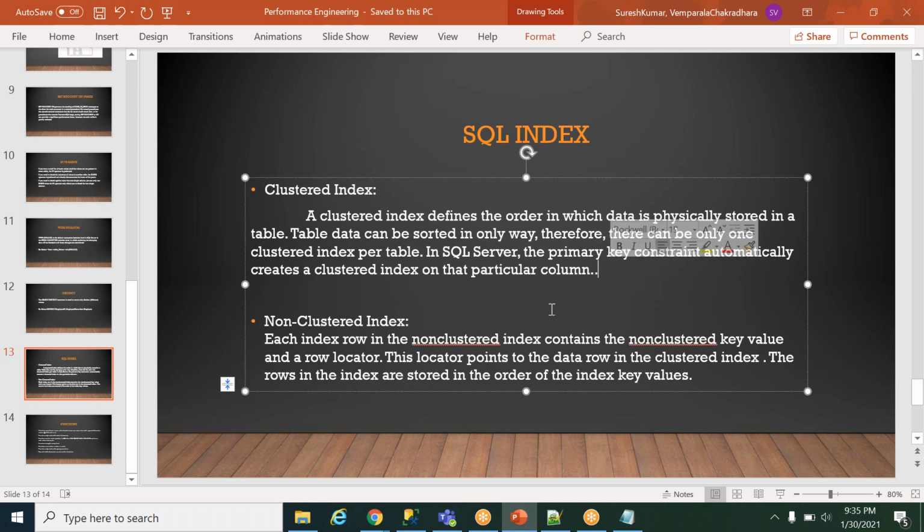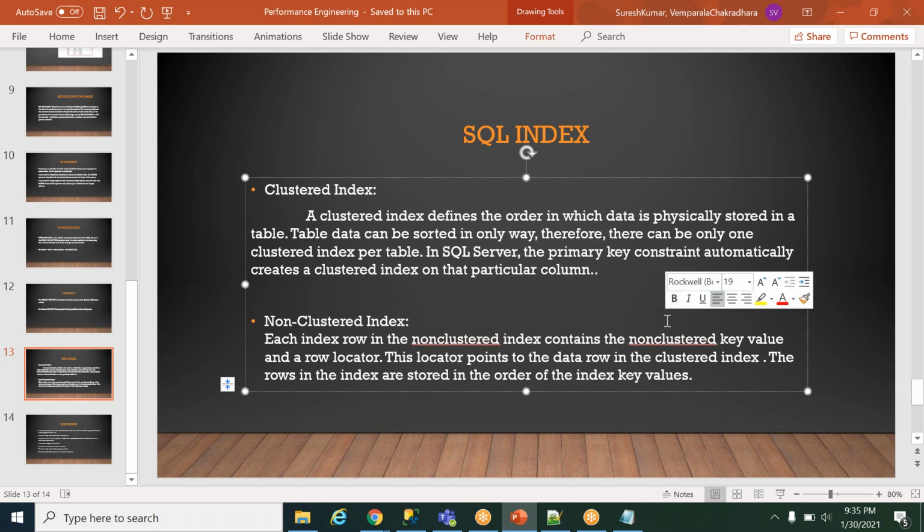In the non-clustered index, each index row contains the non-clustered key value and a row locator. This locator points to the data row in the clustered index. The rows in the index are stored in the order of the index key values.